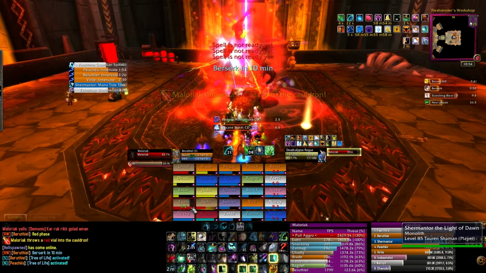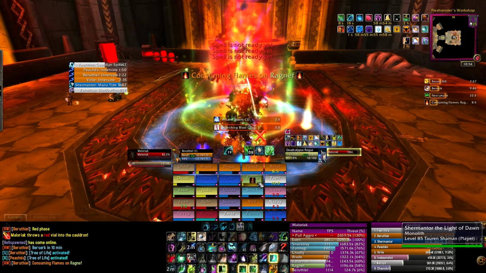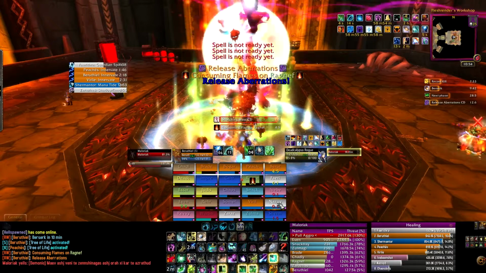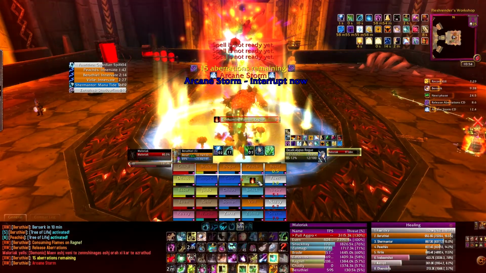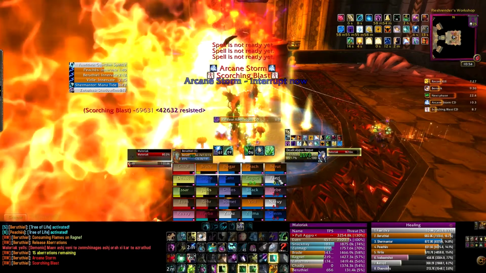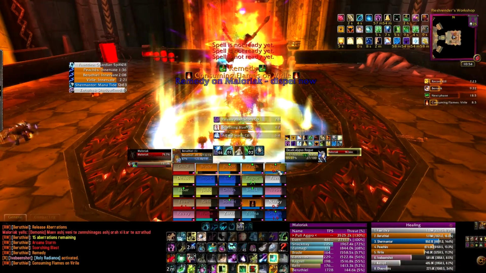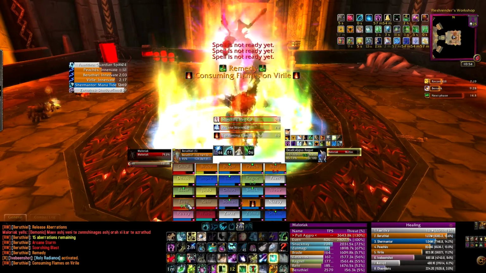We've gone into our first red phase here, and I've gone into Tree of Life to get the raid topped off and to prepare for taking our first Scorching Blast. The Aberrations just spawned, and we've dropped a Power Word: Barrier to help mitigate some of this Scorching Blast damage. And our healers are just working through the raid, trying to get us all topped back up to prepare for